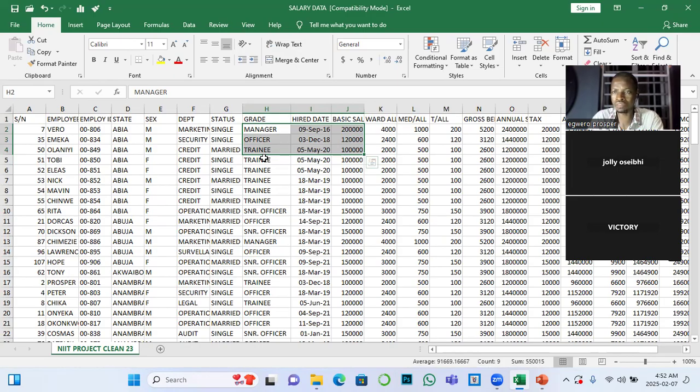And at the same time, it is also called comparison analysis, because at the end of the day, you are going to compare the summation of the values in basic salary to each of them. So this is what we mean by aggregate. So when it comes to where you are aggregating value against categorical data, then you need a pivot table to easily do that for you. Apart from that, if you look at that statement, it means that it's a powerhouse of